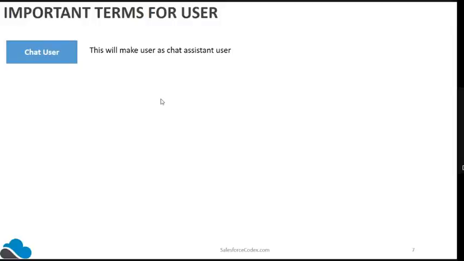As I said, maybe we have multiple users who are only supporting customer inquiries, and in those inquiries they are responding to chats. If the user only wants access to the Chatter group, then in that case we will give them chatter user access, so that they can work as a chat assistant. They can chat with the customer, respond to that customer's chat, everything related to chat.